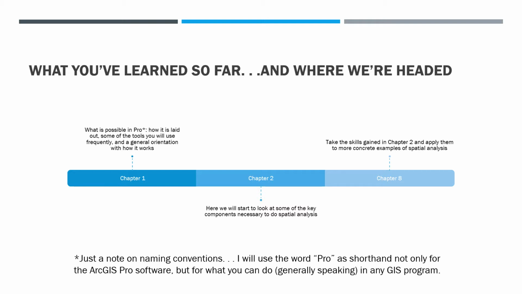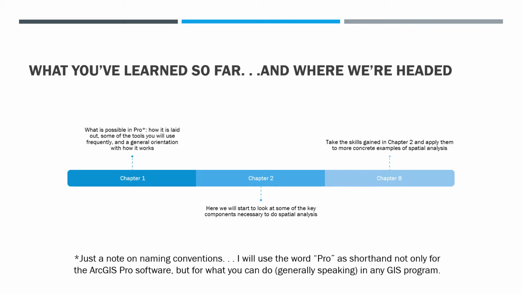So in Chapter 1, we basically learned about some of the possibilities in Pro, how it is laid out, some of the tools we use frequently, and a general orientation with how it works. In this chapter, Chapter 2, we start to look at some of the key components necessary to do something called spatial analysis. And in Chapter 8, which is what we're moving on to next, it sounds like we're skipping far ahead in the material, but in fact, I'm actually just going to the next chapter that actually moves on to do more